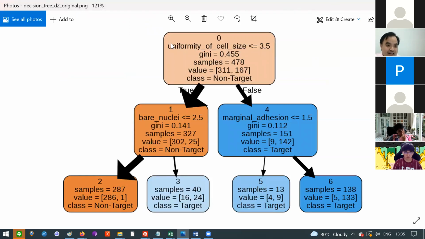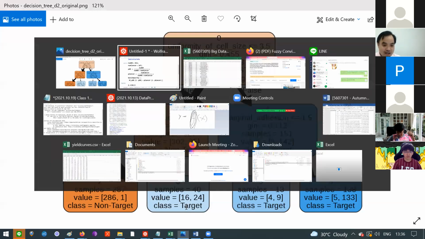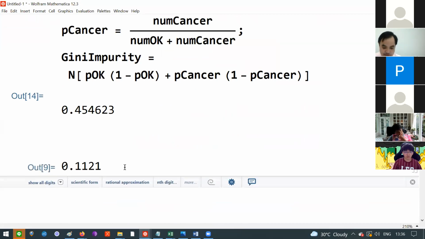The reason that the algorithm chooses uniformity of cell size less than or equal to 3.5 is because by choosing to look at uniformity of cell size and making the separation between less than and greater than 3.5, it's making the best reduction in Gini. And that reduction goes from 0.455 to a weighted average of these two numbers. Okay, so it's basically the original Gini. So this is the original Gini, right? And the improved